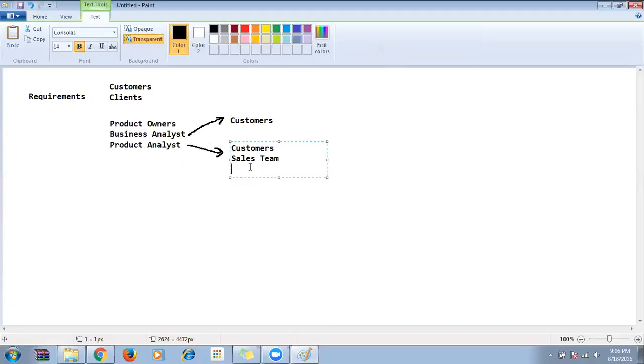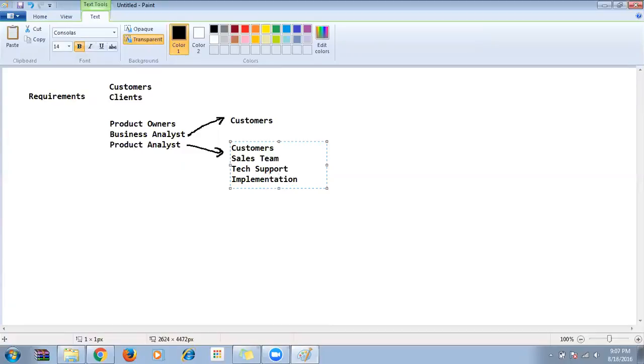Then from the tech support as well, because clients will be directly involved with the tech support team. They will also give some suggestions to the tech support team. So when more customers start to ask about the same information, they will also pass that information to the product analyst, and that will be taken in a priority manner and then developed. That is one. Another one, implementation engineer.